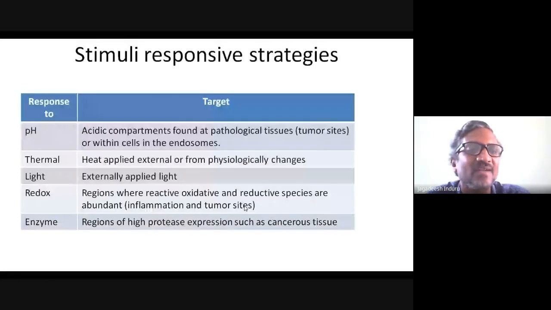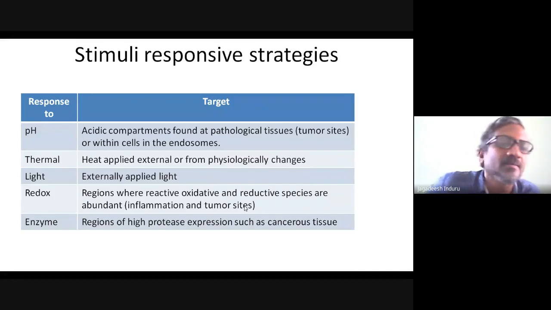So if you are giving external light to a particular part where a moiety having phosphorescence is present, and we are tagging it to the nanoparticle, then this is actually called luminescence, and we will be able to detect it inside the body part while it is traveling. It means we will be able to see whether the targeting is going or not. This is another excellent way to measure the targeting index, whether it is properly going or not. Another stimuli response we can have is